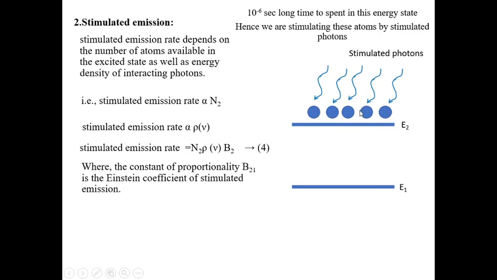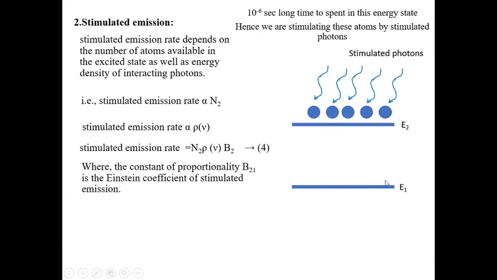This means we have to stimulate this disturbance we are making to the particle to bring the particle to ground state. That is called what? Stimulate. So we are stimulating these atoms by using photons, light photons. Then these particles are coming to ground state. This stimulated process is happening for all the particles at a time. So all the particles are coming to ground state at a time, from E2 energy state to E1 energy state.